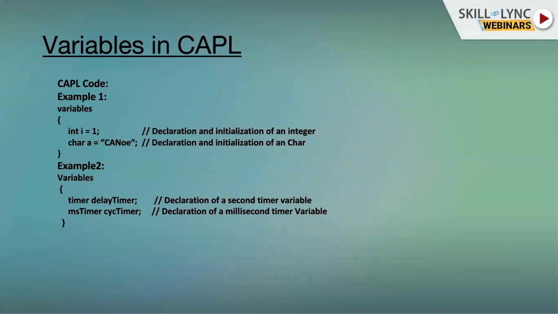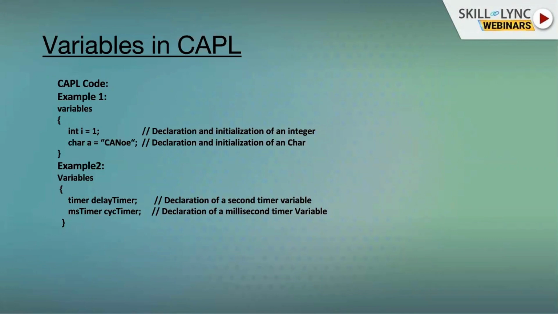Example 2 is the CAPL-oriented declaration. As we discussed, we have two variable types that are new compared to embedded C: timer and message. Before we use a timer, we need to declare it. Timer is the keyword, and delay timer is the variable.